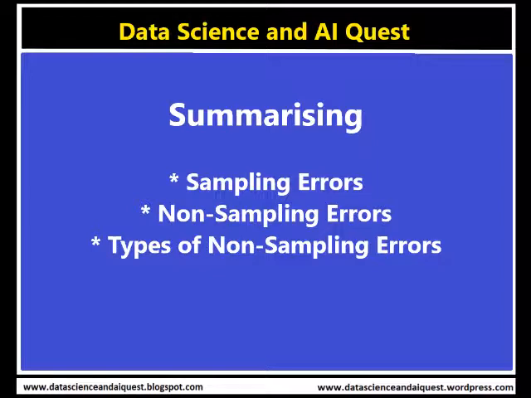So, summarizing what we have discussed till now, we discussed the various types of errors that occur, which are classified as sampling errors and non-sampling errors. We discussed in detail with some examples how these errors happen and what to do when such error occurs for more known errors in sampling errors. We also discussed the various types of non-sampling errors, like number 1, errors in data acquisition, number 2, non-response errors, number 3, sampling bias errors.